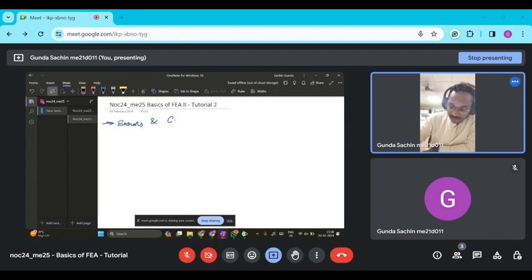So how do we calculate the error? There are different ways to calculate error, and before that, there are different sources from which errors come. First thing, in FEM we approximate the